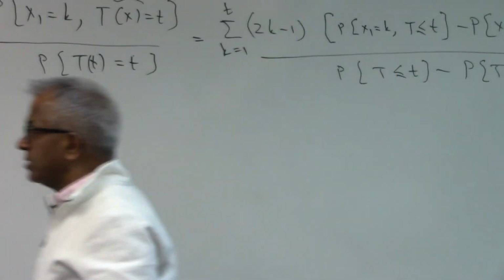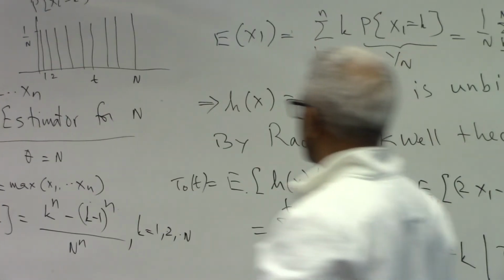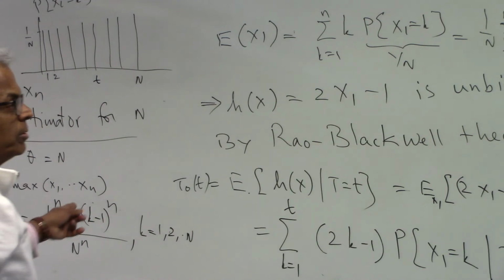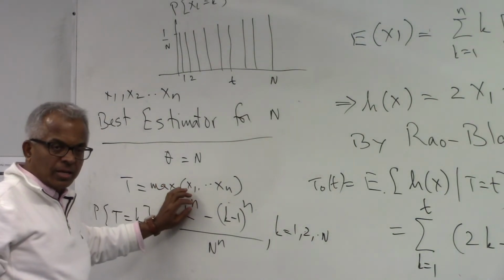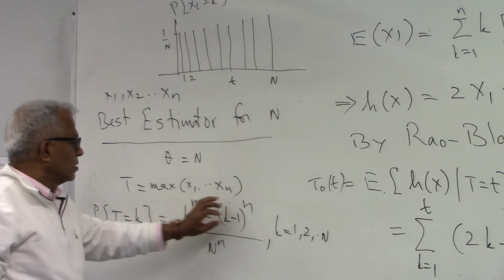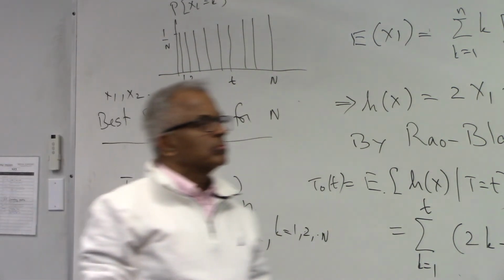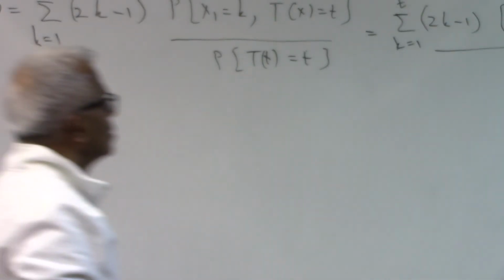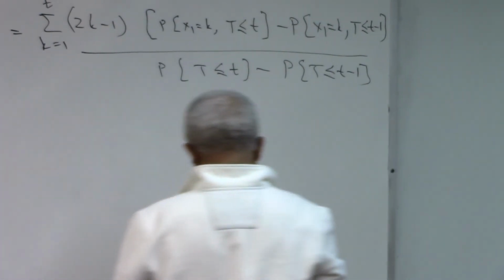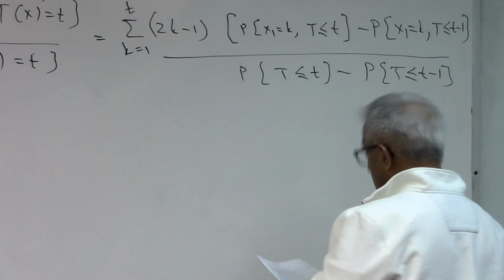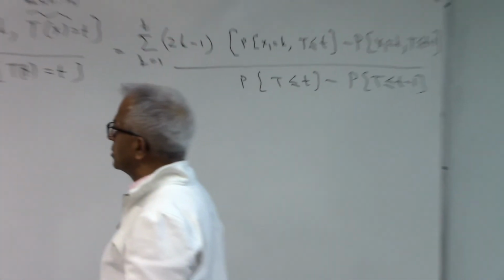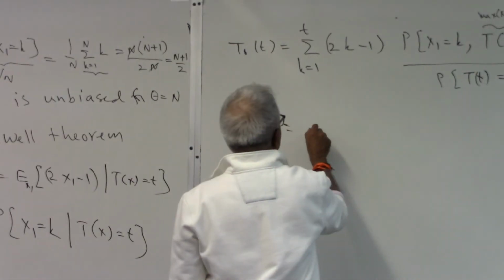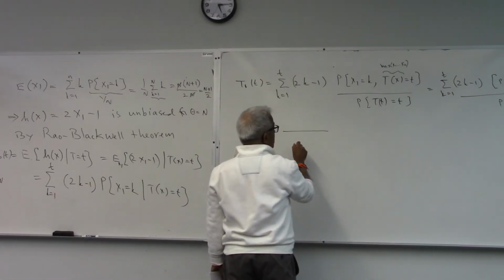And if you copy the results, it's already here, right? So I didn't have to go through this probability of t less than or equal to t. Because k is less than t, you can just remove the first part. That's what is in the numerator. So what about the denominator? Let's do the numerator first, and then the denominator is going to be